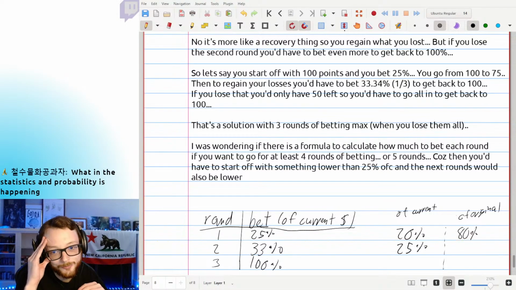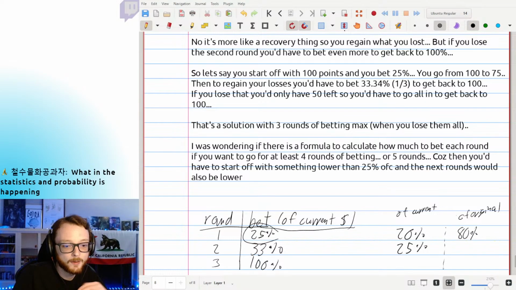I don't know why he was thinking about it, but he was just thinking about the sequence of bets that happens if you have $100 and you bet 25% or $25, in the example that he gave, and you lose, you just have $75 left. If you want to get back to your original $100, you would then need to bet 33% of your current amount,